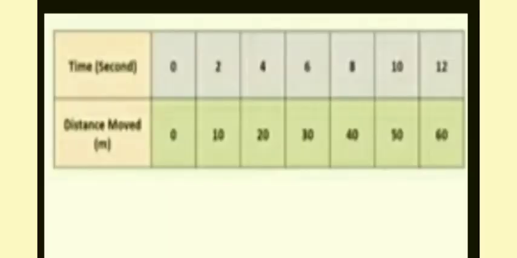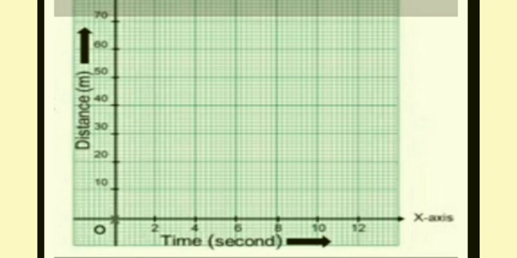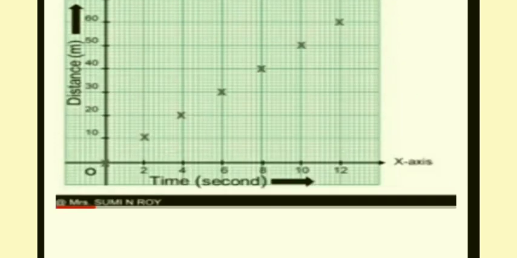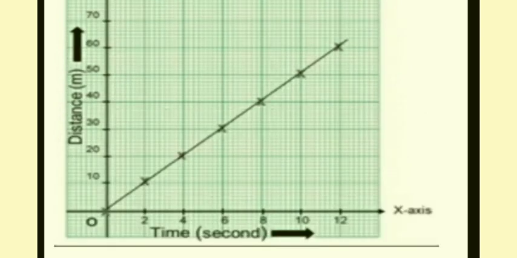From the given readings, take the first value of distance and time and mark one point on the graph paper where the graph lines representing these two values meet. Now take the second, third, fourth and fifth sets of values of time and distance and mark the corresponding points with a pencil on the graph paper. Join all the marked points or pencil dots with the scale. Thus the line graph obtained is the required distance time graph.